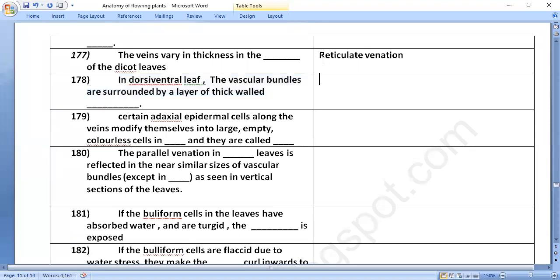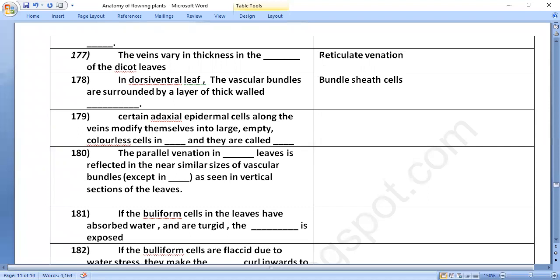In the dorsiventral leaf, the vascular bundles are surrounded by a layer of thick-walled bundle sheath cells. Certain adaxial epidermal cells, along with the veins, modify themselves into large, empty, colorless cells in grasses,